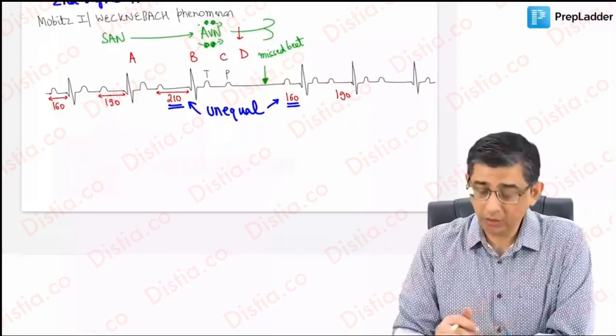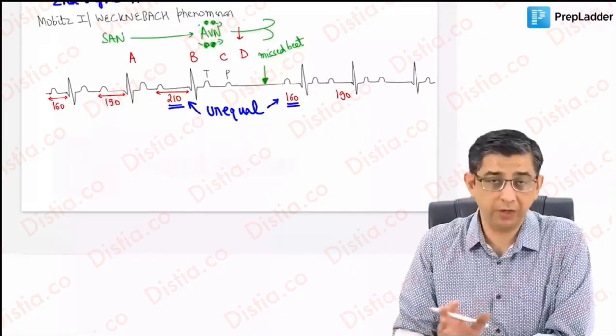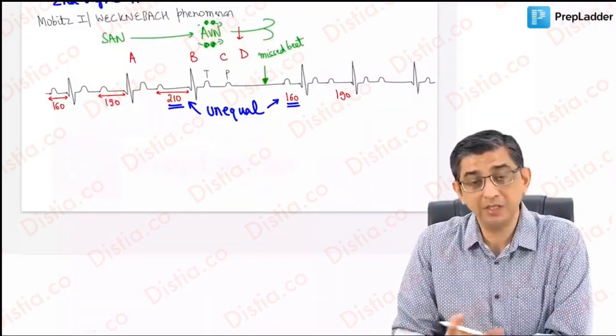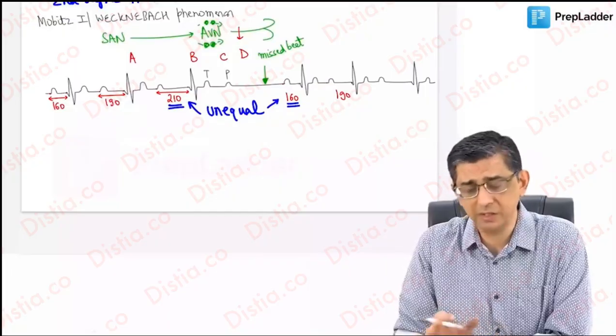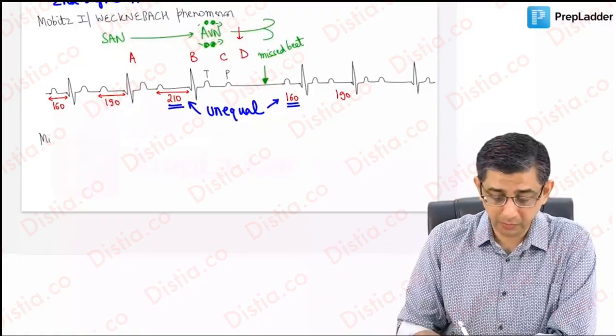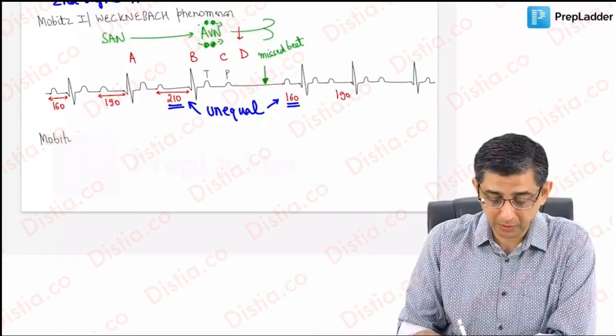Now please remember that you can definitely count the conventional way of counting the PR interval the first time, second time, third time, fourth time onwards, but there's a possibility that it might skip out of the mind. So to minimize the errors, he says count the PR interval only 2 times. And when I describe this for Mobitz 2 heart block, you will notice that things will become relatively even